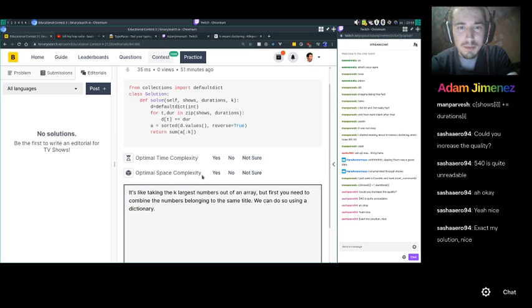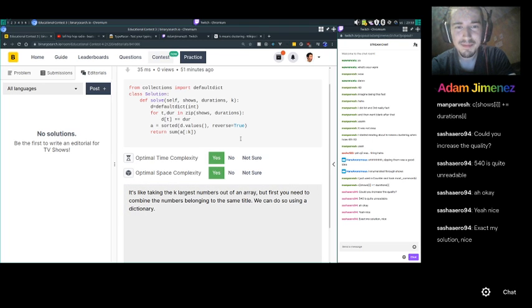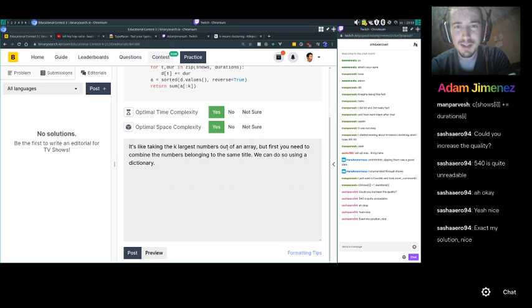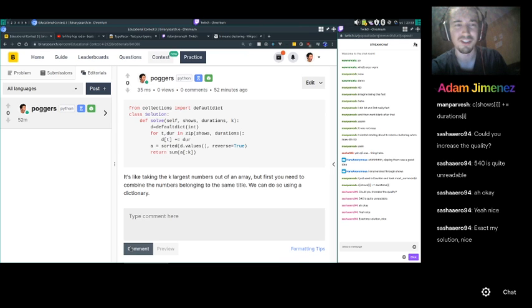So optimal space complexity, I guess. It's as simple as it gets. Exactly your solution. Yeah, there's not much room for variation on this one.